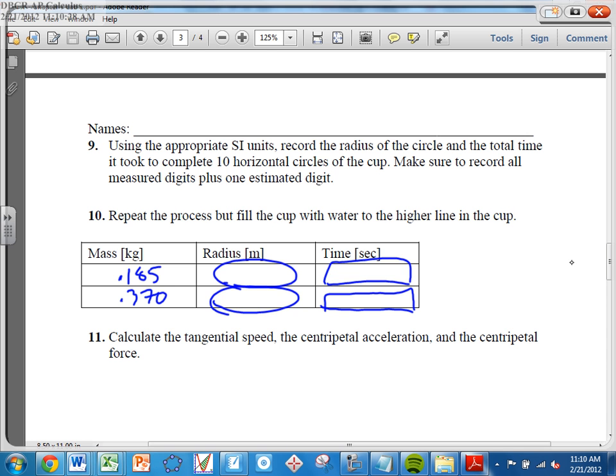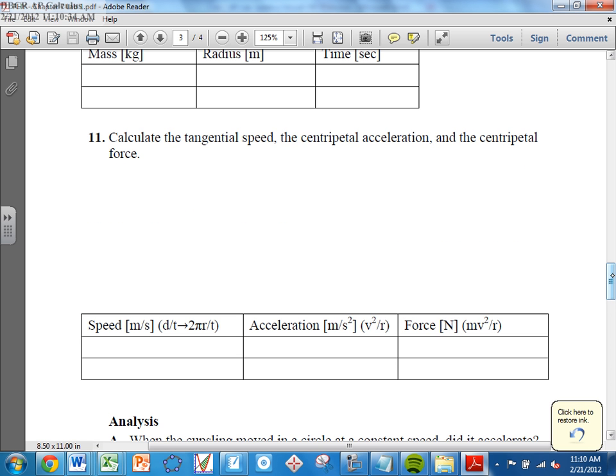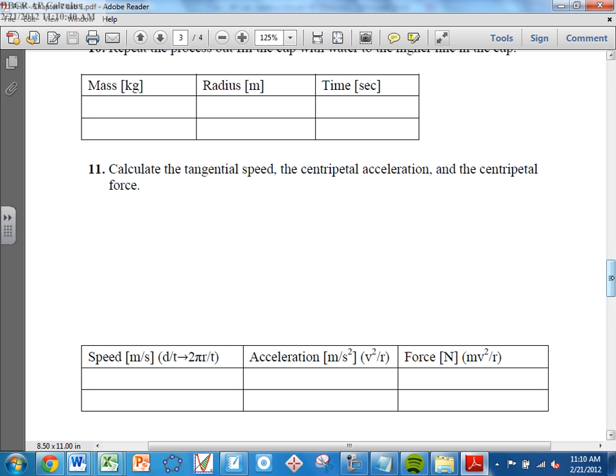A lot of people seem to get confused, and I apologize if I didn't make this clear. Number 11, you're using the data table below. For number 11, it says calculate the tangential speed, the centripetal acceleration, and the centripetal force. This is what this table is for down here, to calculate that. So you can do your work here, because I know you need room for work, but your data and your answers are going in the table. So for example,